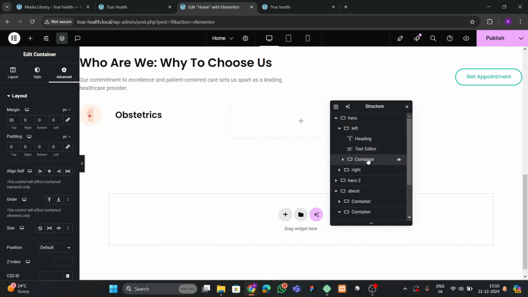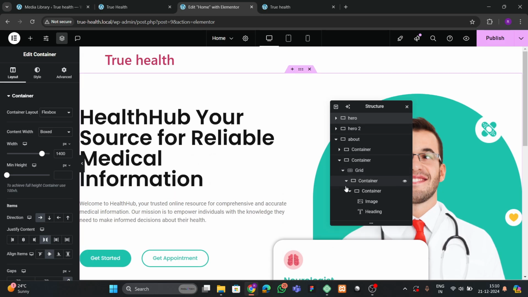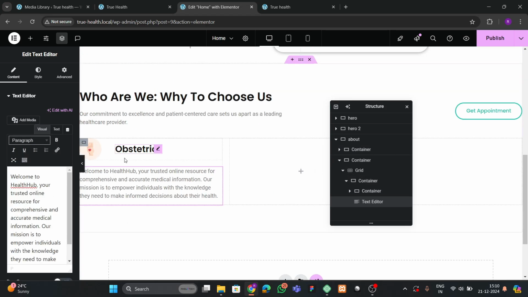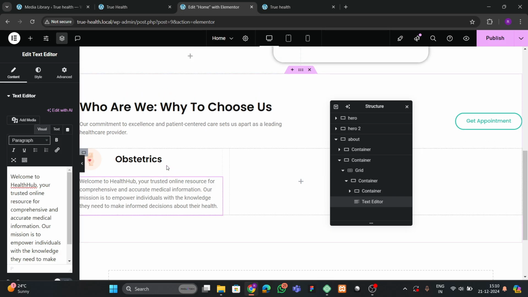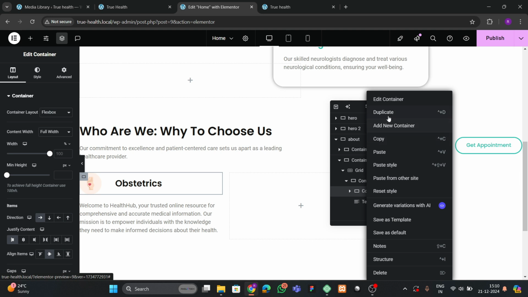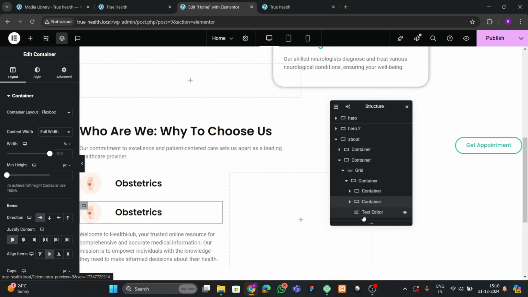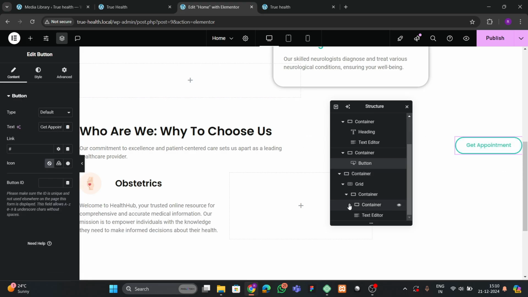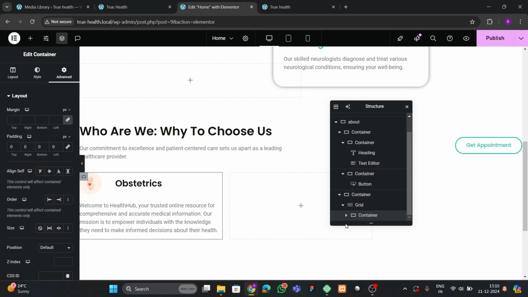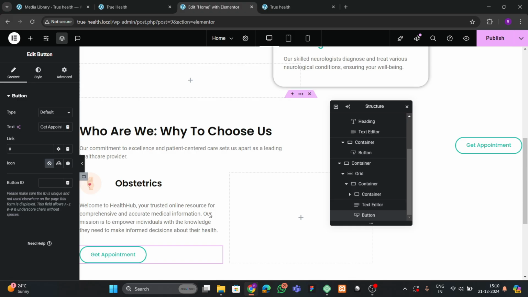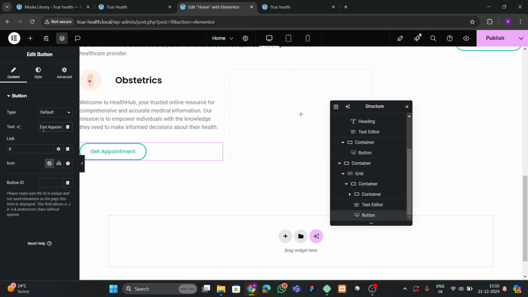So we can click on this hero, and after that this is the about part. We can click on this and paste it here. Okay, we have this, and after that we have this button. We can copy this button from here, click on this, and paste it here. Okay, so we can copy this, click on this and paste it here. So we have this, and here we can write